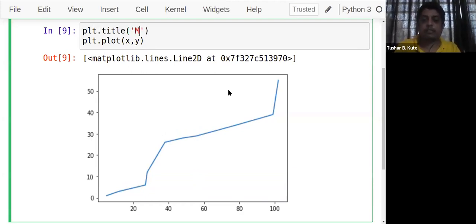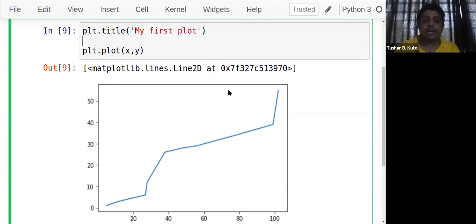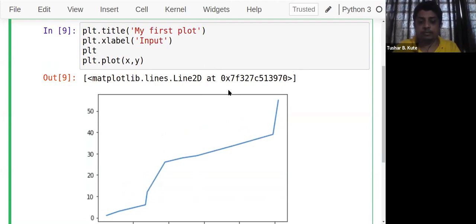Title, like 'my first plot'. Then I want to provide names to the x and y axes. xlabel, let's say 'input', and ylabel 'output'. These are the common functions which you can apply to all the graphs.